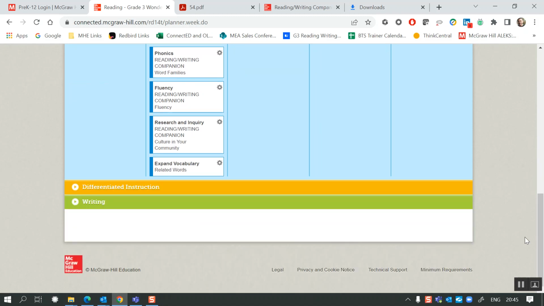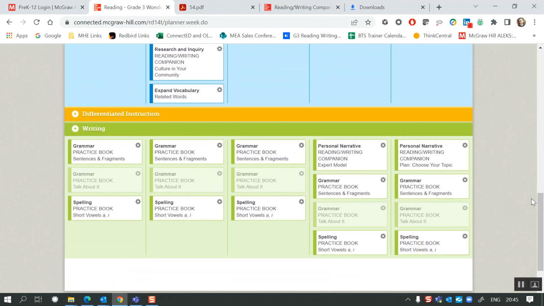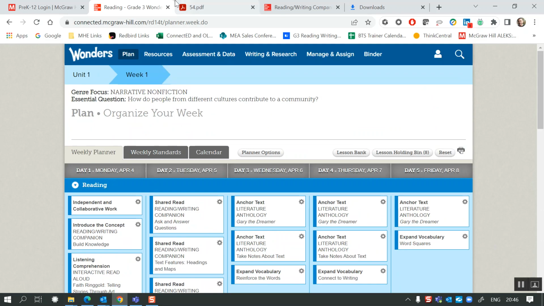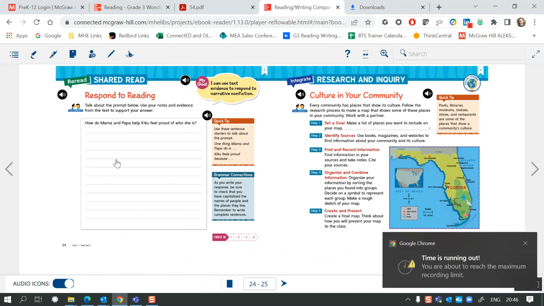Now, if I go to the writing, I can see that I have my grammar lessons in there. In day one, I have grammar, which is in the phonics book, and these are directly linked to the lesson. In one week, I have one, two, three, four, five grammar exercises related. If you take a look at the book itself, so now I'm in the book itself,